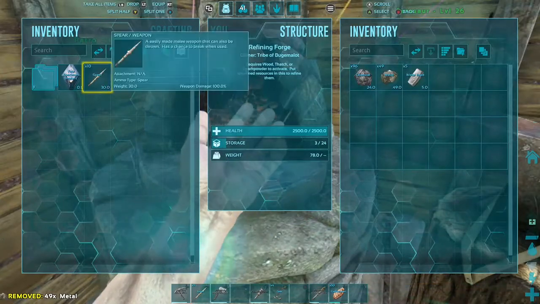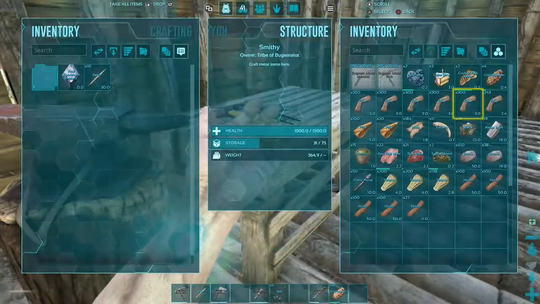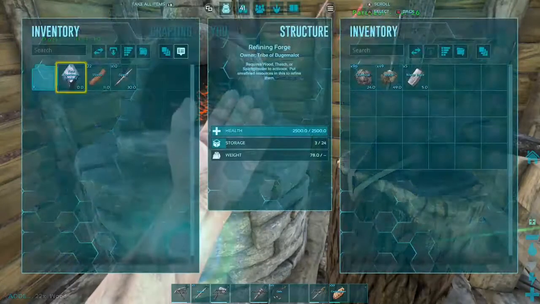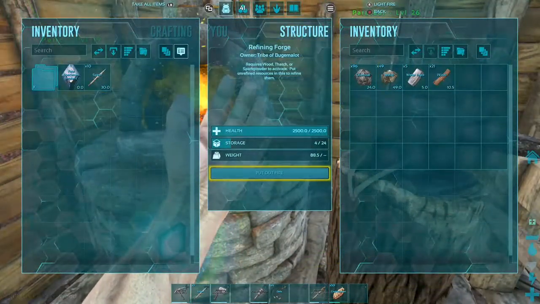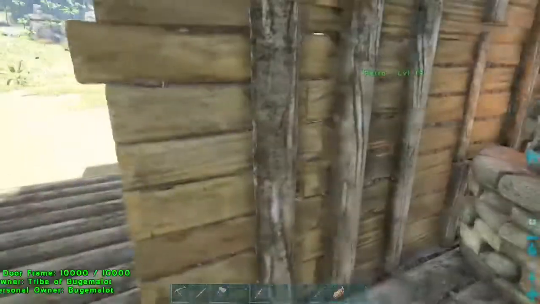So we're gonna put that in there. What do we need? Some wood. I'm just gonna put a little bit of it in there. We don't need to burn that much, you guys. Not at this stage. Because look, we already have enough here, and you know what? We don't even have